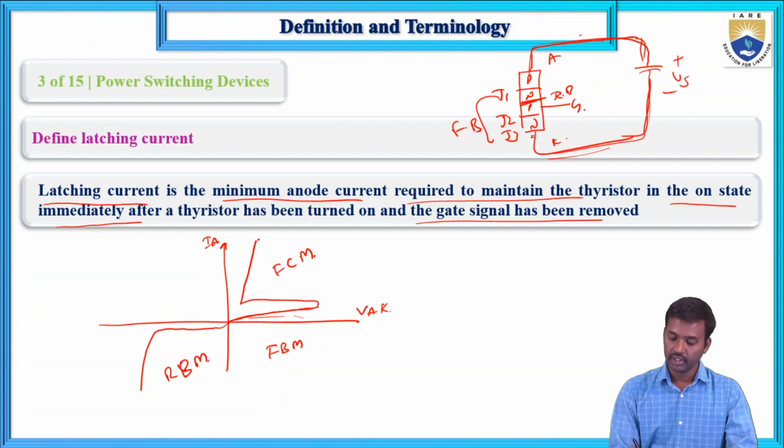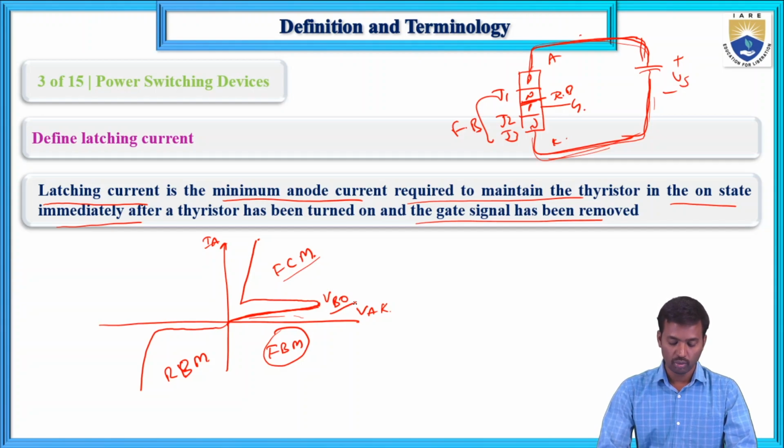If you increase this voltage, the J2 junction breaks down and the device goes from the forward blocking mode to the forward conducting mode. When the applied voltage becomes greater than the reverse bias voltage of J2, the device comes to the forward conducting mode. That is VBO,